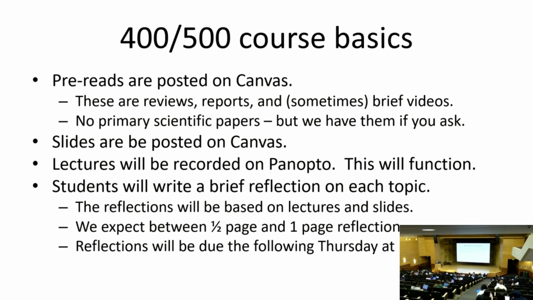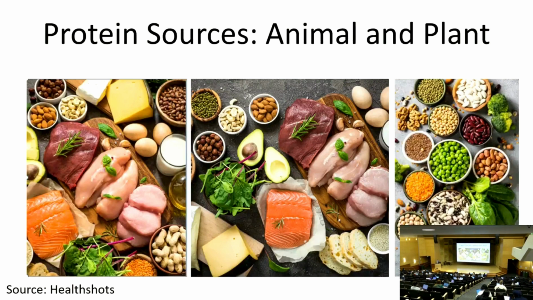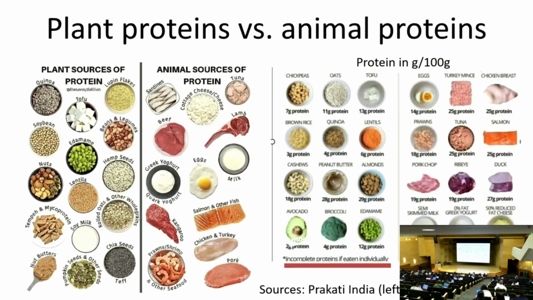So I just want to spend a few minutes covering some of the material from the last time. Very basically, we were looking at plant versus animal proteins. Many people are misled by pretty photographs, but in fact, the plant proteins and animal proteins are well separated in this slide, which, as I said before, comes from India and from a website called Lemon8. And those are very nice examples of typical animal proteins and typical plant proteins. And the description on the right gives you not only the types of protein, but also the amounts per 100 grams. So this is actually very useful.